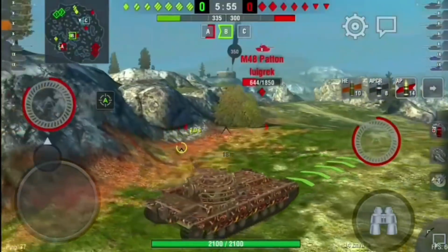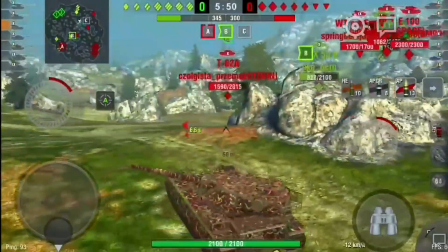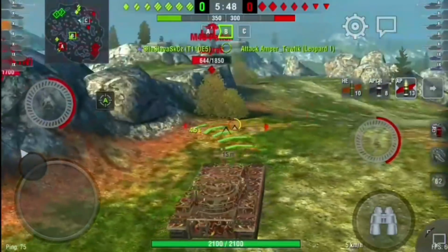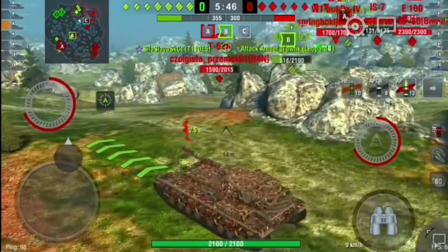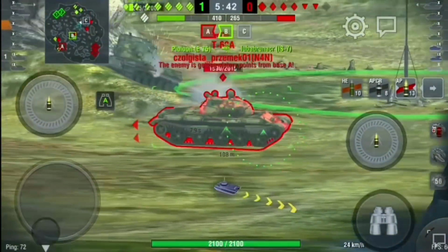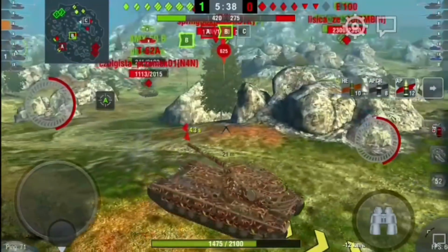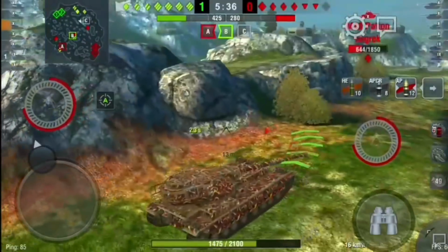We get the bounce off the top of the hull, and because it's angled, it does make it fairly strong. So we've caught B. The enemy are capping A, so we know where most of their team are, and we've got the T62. I do take a nasty shot, I believe, from the waffle